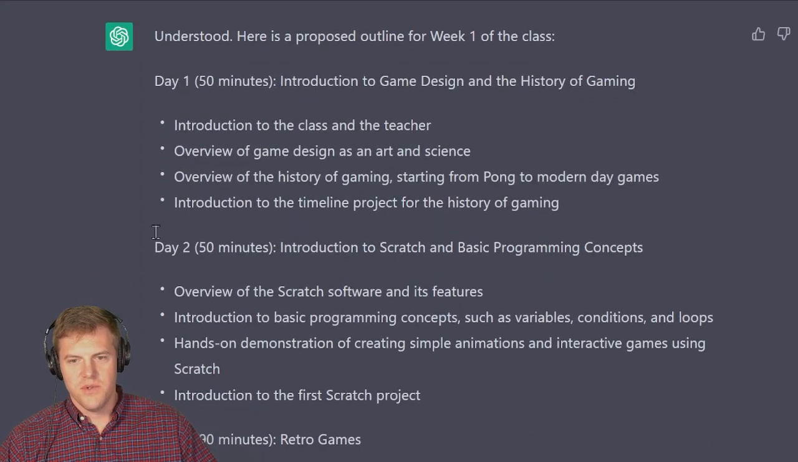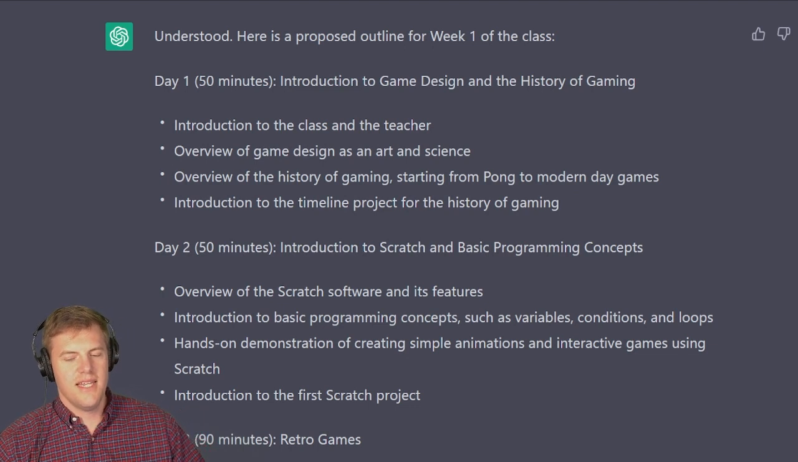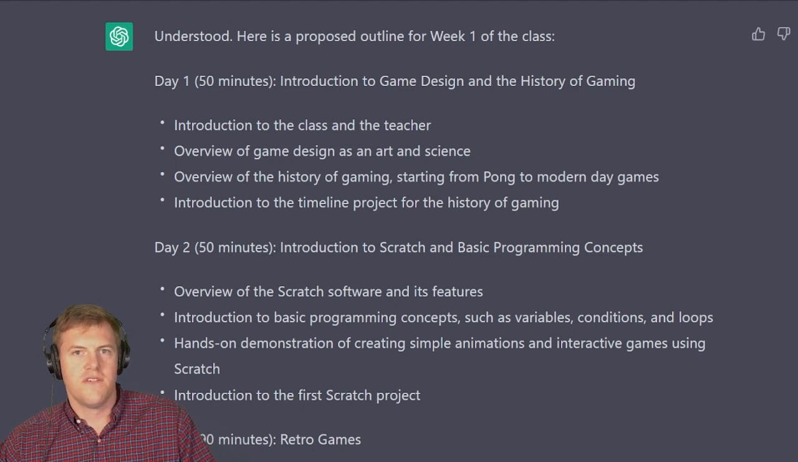And the first thing it's going to do on day 1 is give us that. Day 2, Introduction to Scratch, which is the software we're using, so the kids get familiar with it. Then it thinks we should jump into retro games like Pac-Man, Space Invaders, Donkey Kong, and talk about that. I really like this because this is a strong hook for the class,